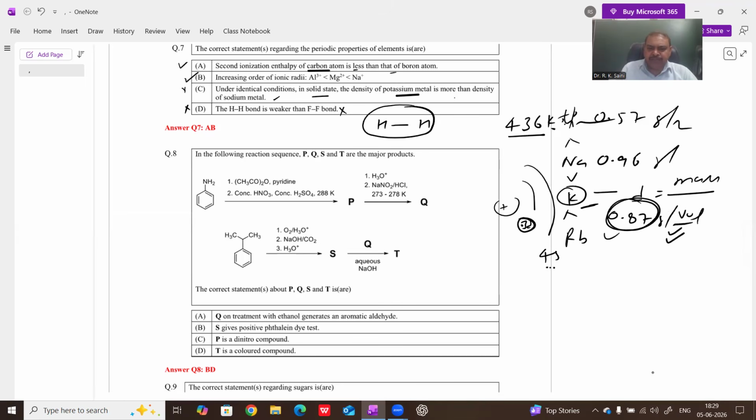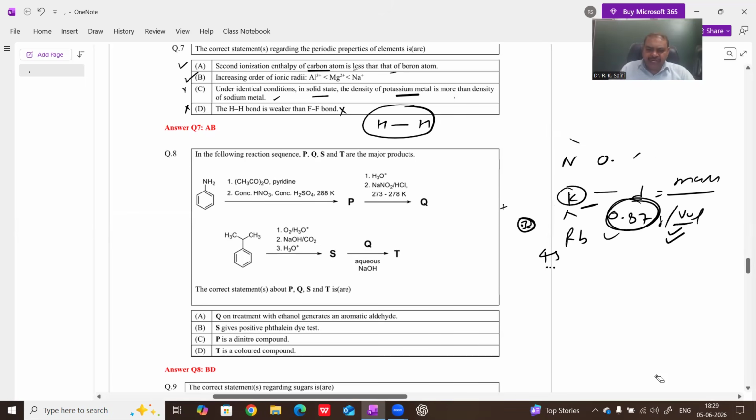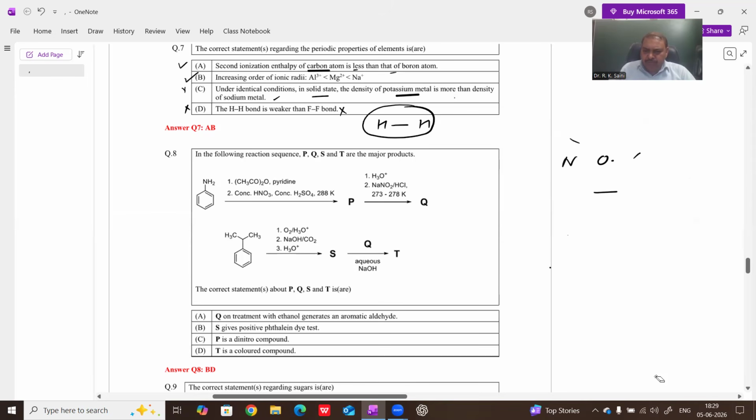Question number 8. Question 8 is taken from organic chemistry, and such type of questions are missed questions, because they are not complete for any one chapter, taking more than one reaction of one chapter. First reaction, acetylation of aniline, then nitration. On acetylation of aniline, the product is